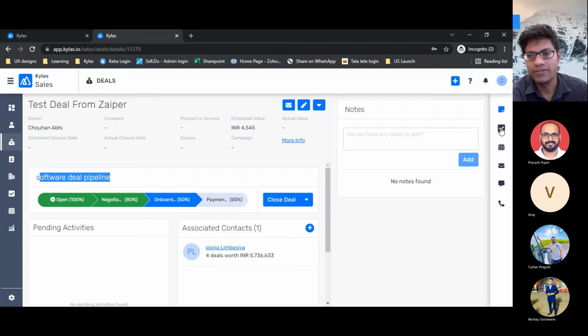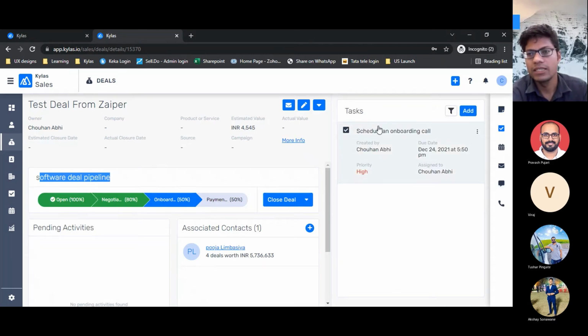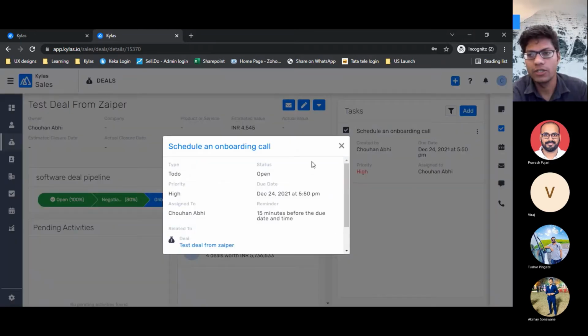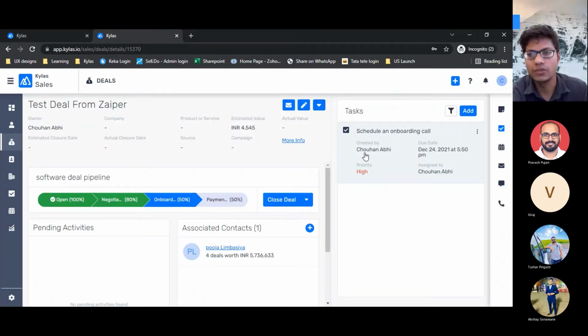Now if I refresh this, I am seeing a task which is automatically created, schedule an onboarding call, and it is assigned to the user called Chauhan Abhi, since that user is the owner of this deal. If this deal had been created by another user, this task would have been associated with some other user.